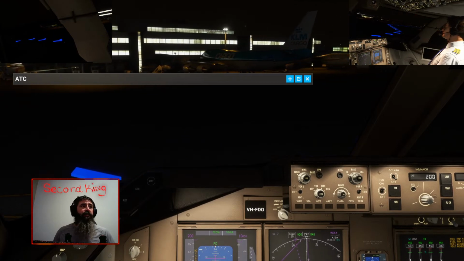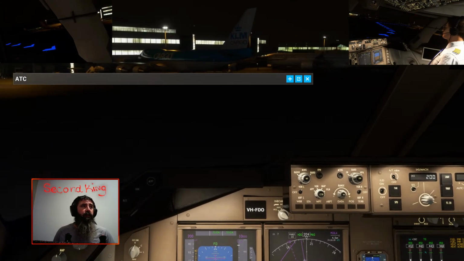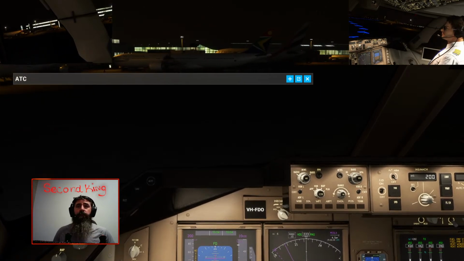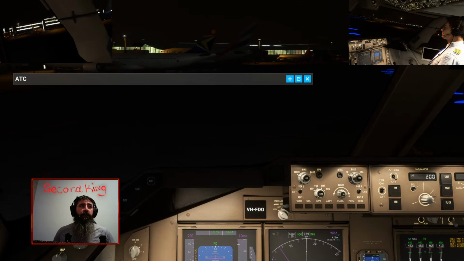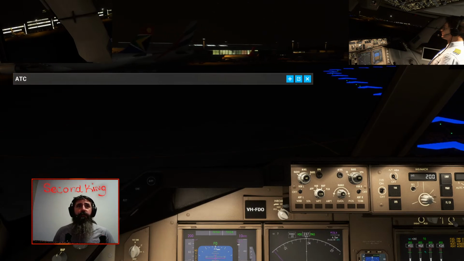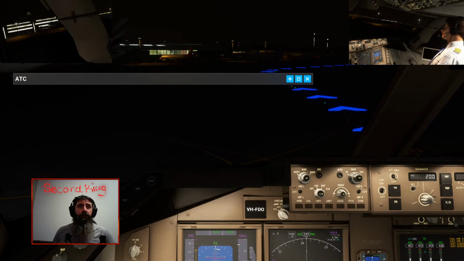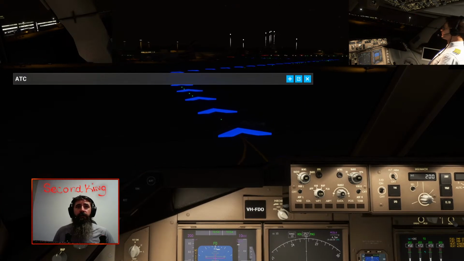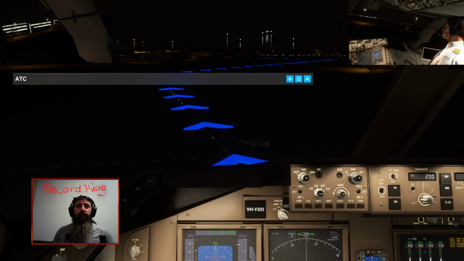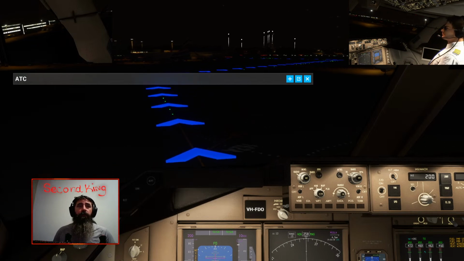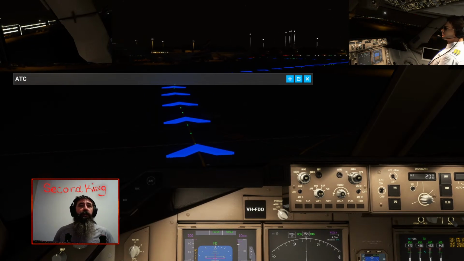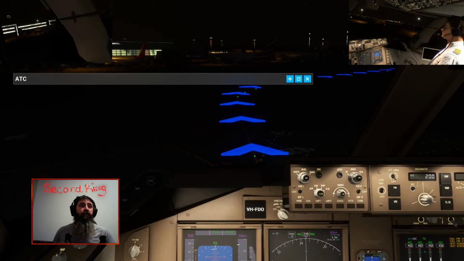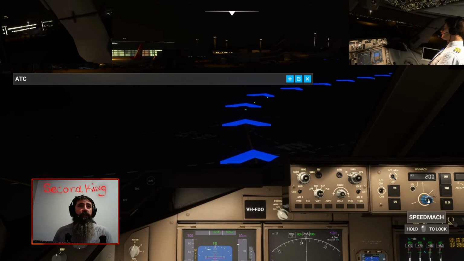So the plan is just to fly around, take off, and then come back and land. Nothing overly complicated. We'll be taking off to the north and then following procedures out and then back in, staying below any high terrain. We're not going very high, not going very far. It will be slow, but you get that.